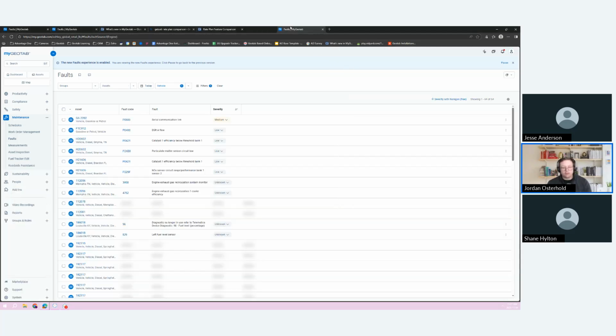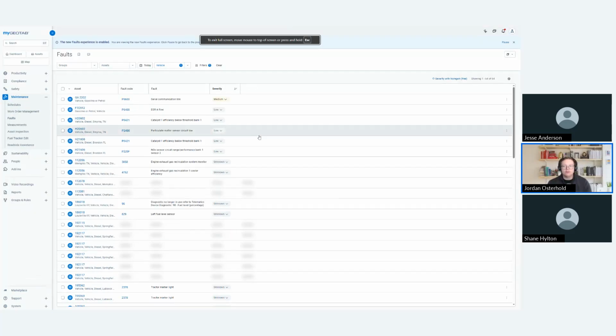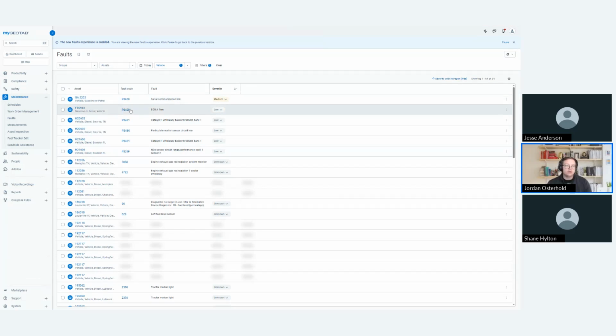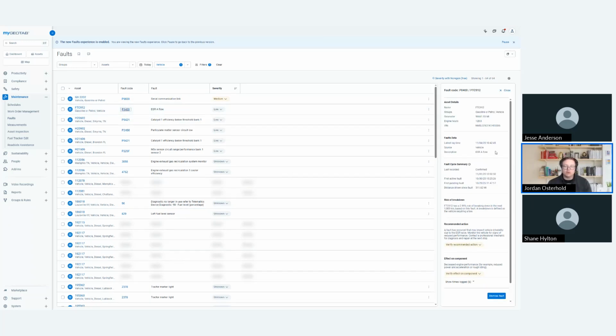All right, so I'll bring this back over. I'll do F11 just to hide a little bit. And I'll go ahead and select one of these vehicles. So we'll grab this vehicle here. It's showing a P code of P0400. And I'm not much of a mechanic myself, so I would not know what exactly this means other than it's an EGR-A flow. I can actually click on this fault code, and it'll now open a new panel on the right-hand side,